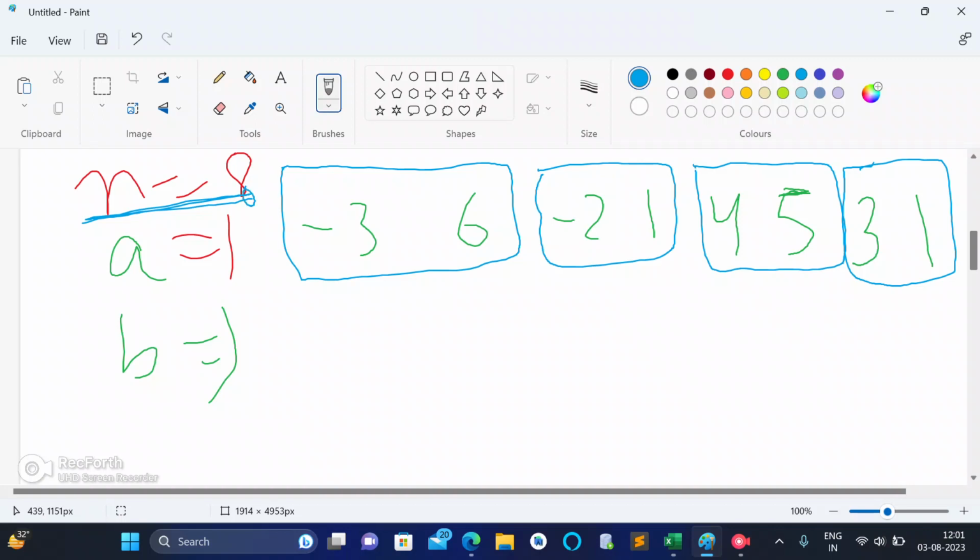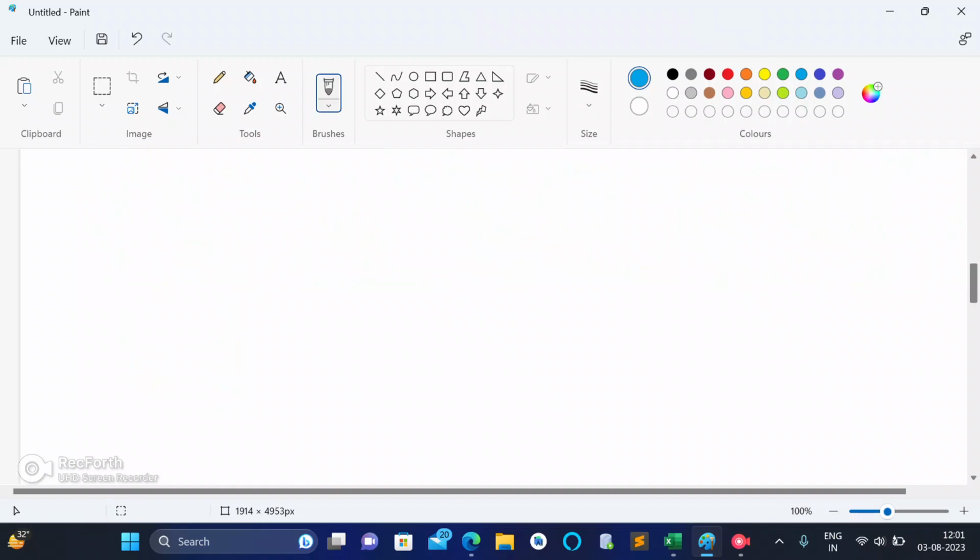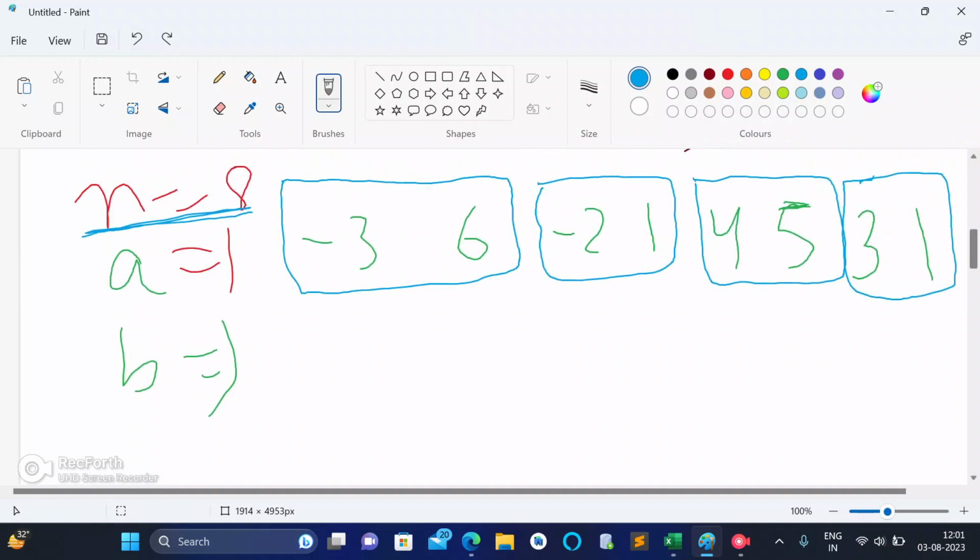Let's say now n is even, n is equal to 8, and we are making chunks of 2. Let's say this is my A1 and this is my A2, and this is my B1 and this is my B2.